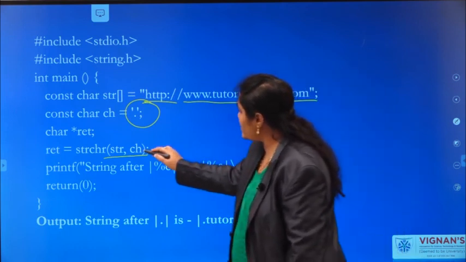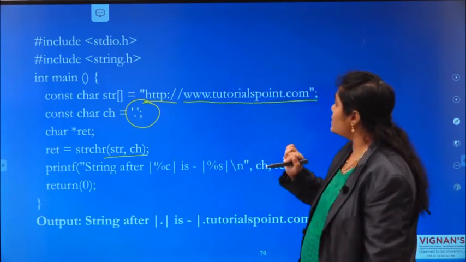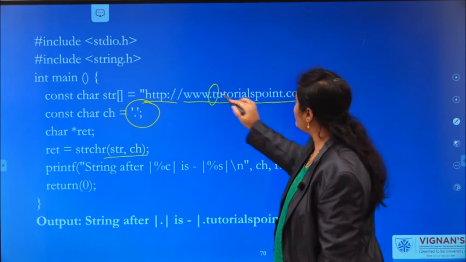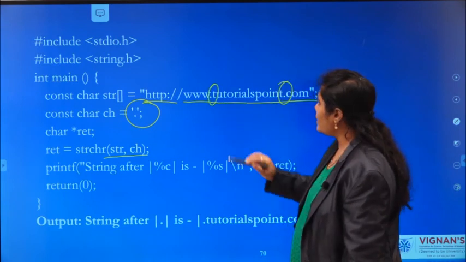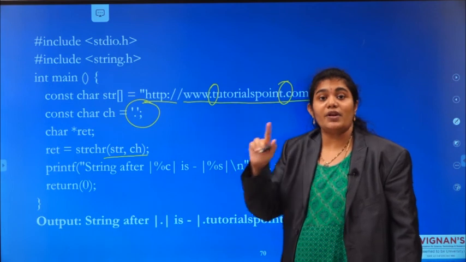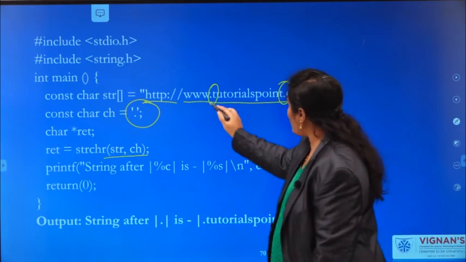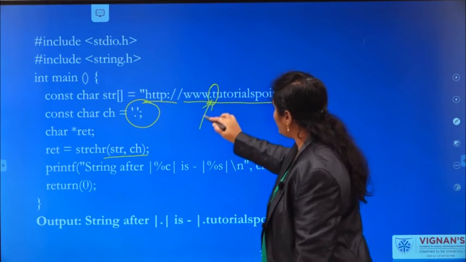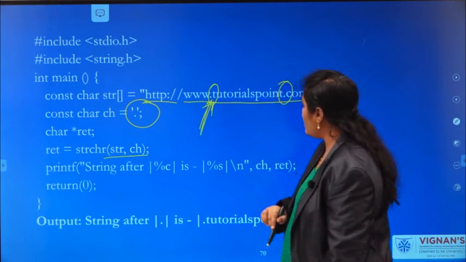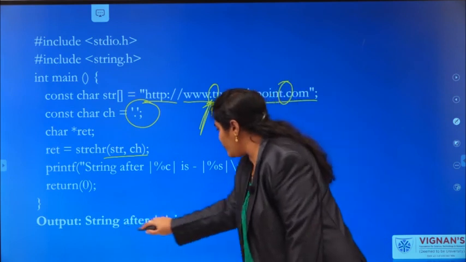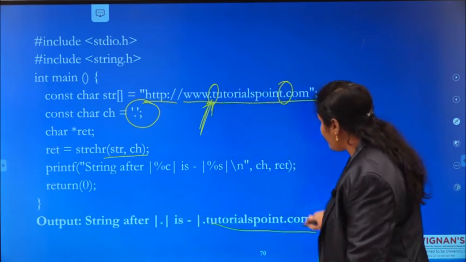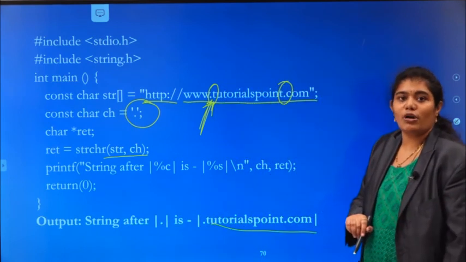Where this dot is available, here we have two dots, right? But strchr will return the first occurrence. So you are going to find the first dot and display what comes after it, which is tutorialspoint.com.